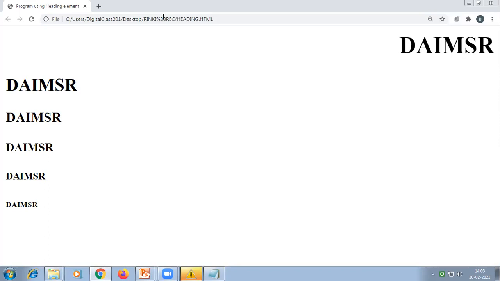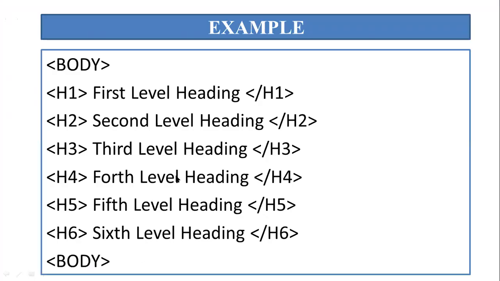Now you can see that the heading is displayed on the right hand side rather than the left hand side, but by default all headings have the alignment on the left hand side. So this is all about the heading element. What we have seen is that in HTML, if we want to make use of the heading element, we can use it as per the levels of heading ranging from H1 to H6. And the important mandatory note point is that as the level of H increases, the font size decreases. This is the thumb rule of this particular example. So thank you.